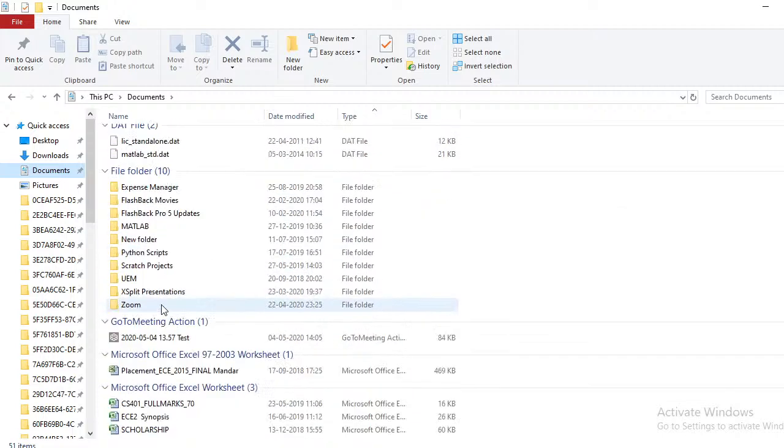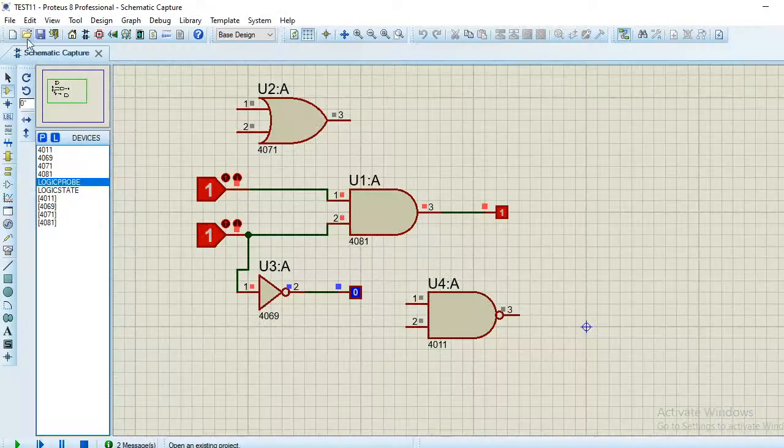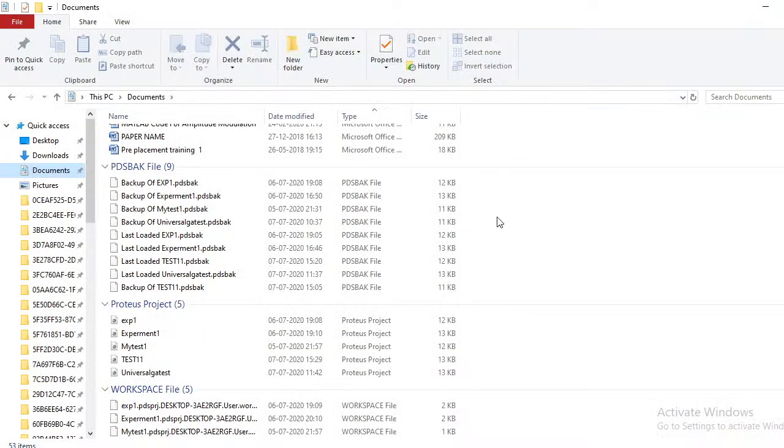I just have to check whether the file is stored. The name is, I think, test11, right? Okay, so see, I have done all these things. It's not done yet, I am just saving this one and closing this one. Now you can ask me, ma'am, from where will I get the saved file? In my case it is getting stored in Documents, you can see the files are getting stored, and